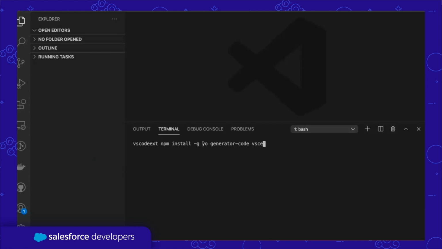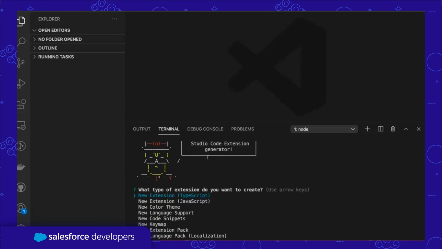So let's install these three. Now I have already installed these three. I'm going to go next. So next, run yo code. This is going to generate a boilerplate of your extension. So move to your development folder and run this command. So I'm going to run this command. It shows